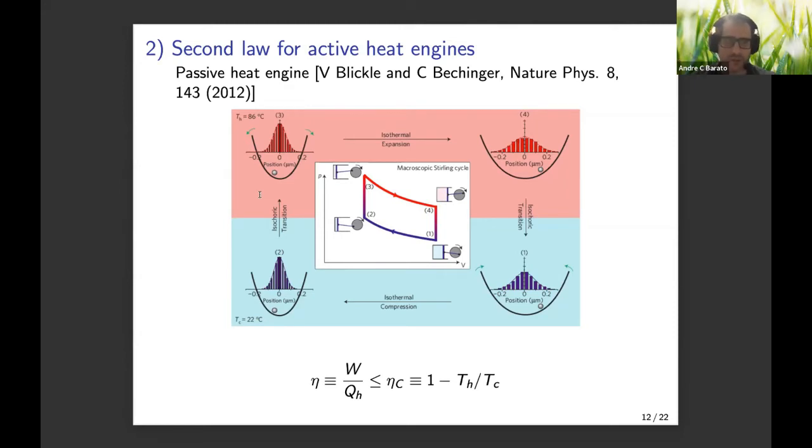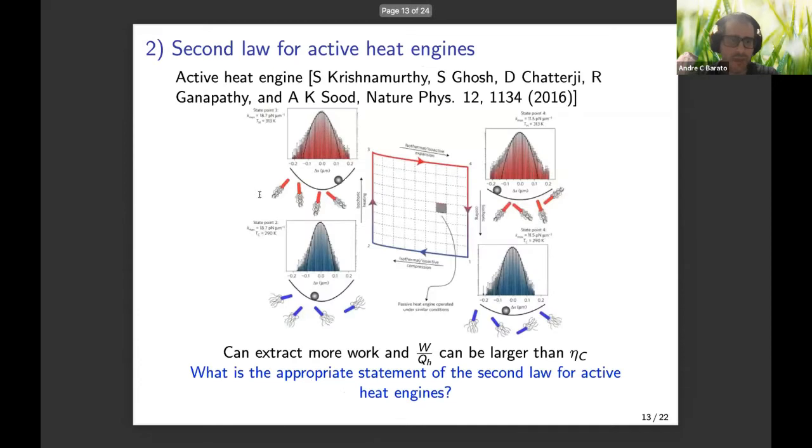Now, this experiment was 2012. If I'm not wrong, the paper by Tim Schmidt and Udo Seifert was 2008. But then in 2016, there was a very interesting experiment. I think for theorists, this poses a very interesting question. So you can do the same experiment, right? You put the colloidal particle, but now you put a bunch of bacteria